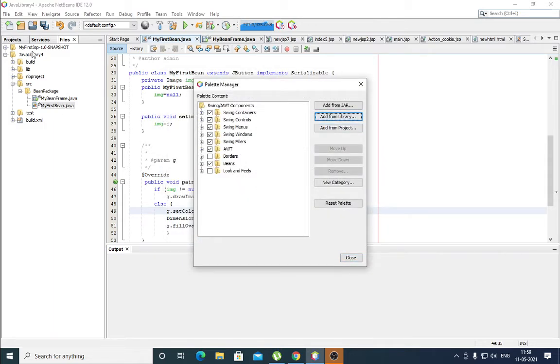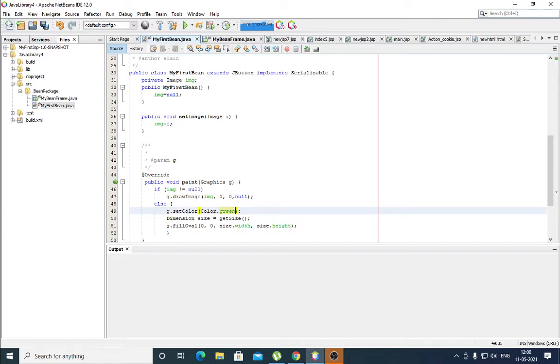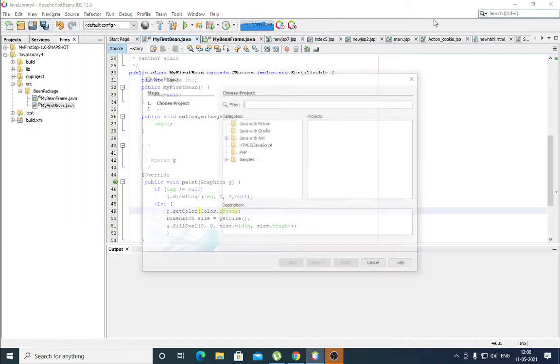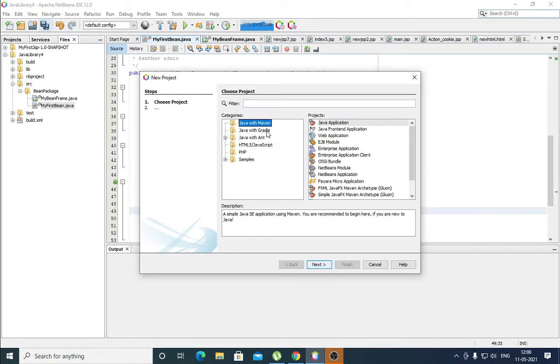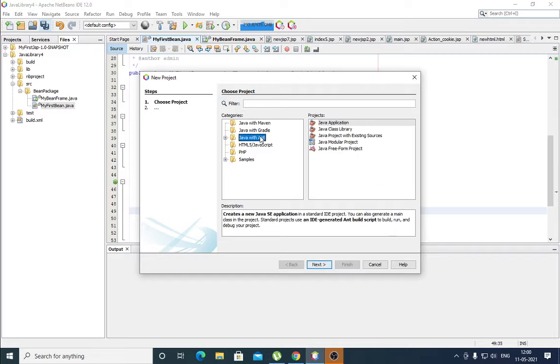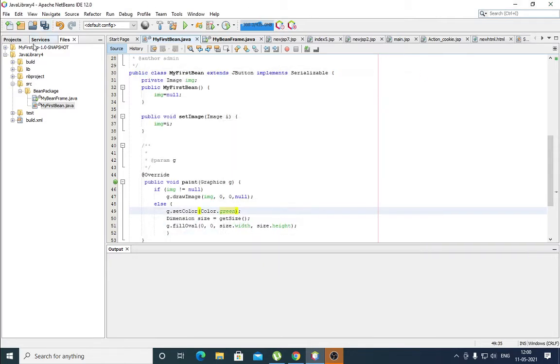Here first we have to create a new project. Listen here, first new project, then Java. If your version is 12, then use Java with Java Class Library. This is the starting point for the project, and then you create all these things.